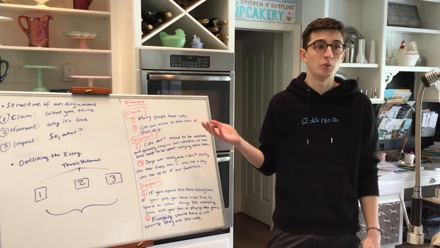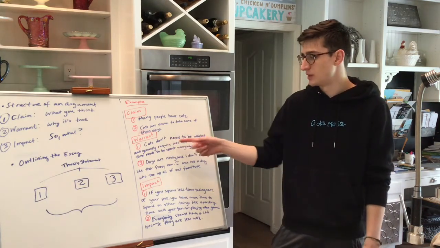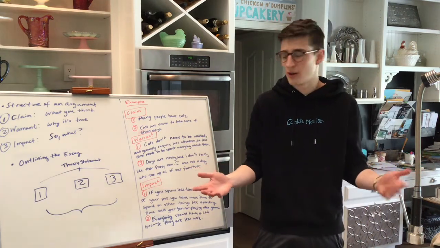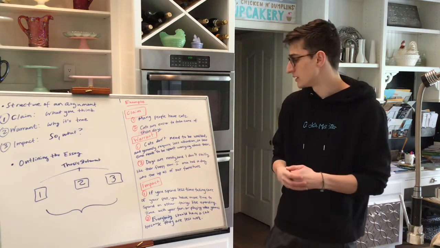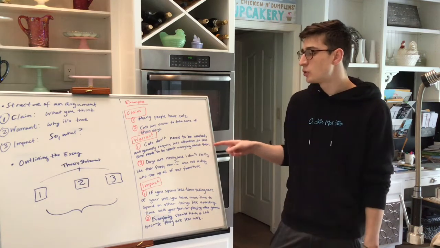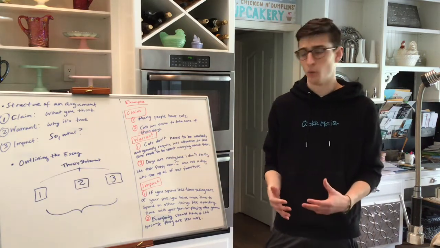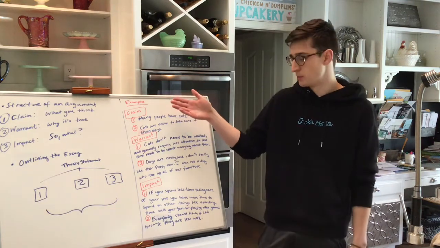Number 1 is good, because I'm able to talk about a specific fact about cats. They don't need to be walked. They kind of mind their own business, and generally require less attention. This could be more specific. I'm making a fairly generic claim. I could clarify that a bit better if I wanted my essay to be more effective. And then I say, so less time needs to be spent worrying about them. That's an important part of the warrant, because I'm explaining why my evidence actually supports my claim to begin with.